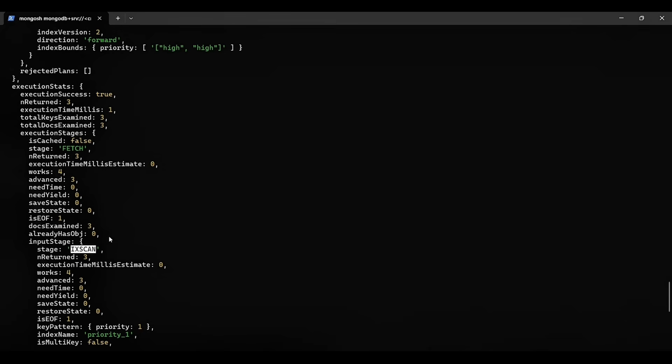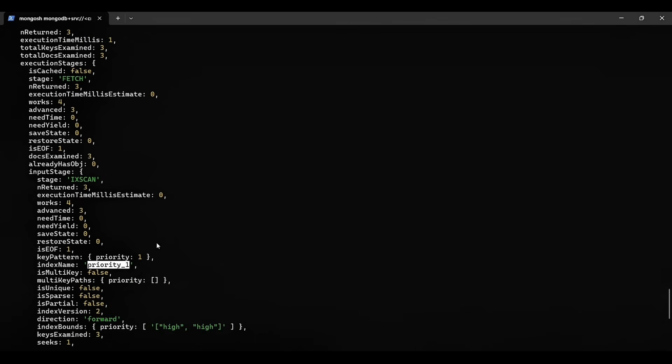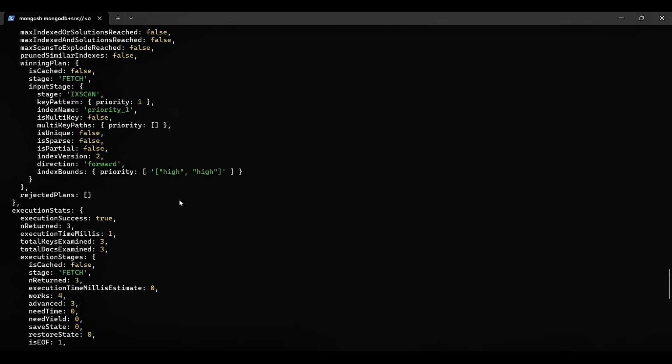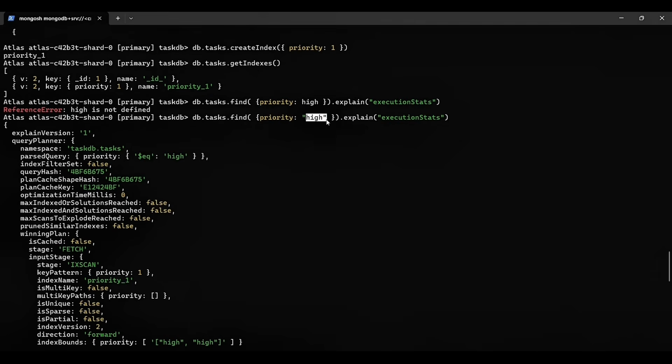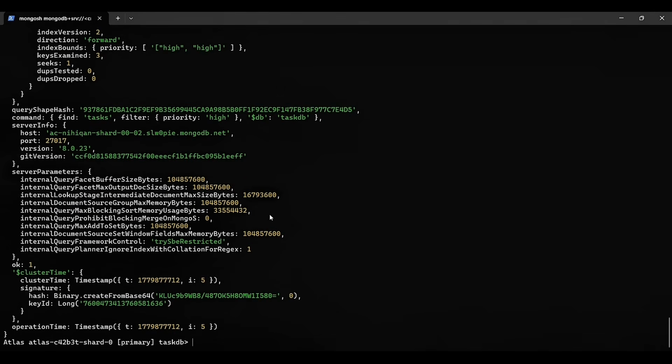Seconds versus milliseconds. So scrolling down here, we can see that the key pattern used was priority 1, and then the index name that we used was priority_1. So again, to recap, the collection scan scans through all of the documents to find the documents which relate to that field, whereas the index scan simply directly finds which documents have high and directly returns them to us. So that is the complete CLI toolkit, every operation you'll need with creating, reading, updating, and deleting, and index management